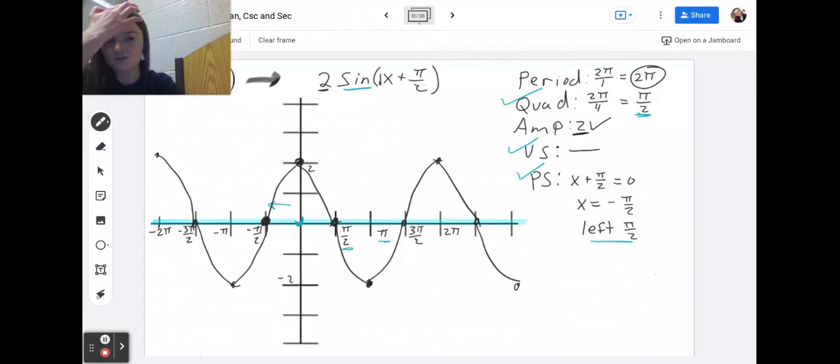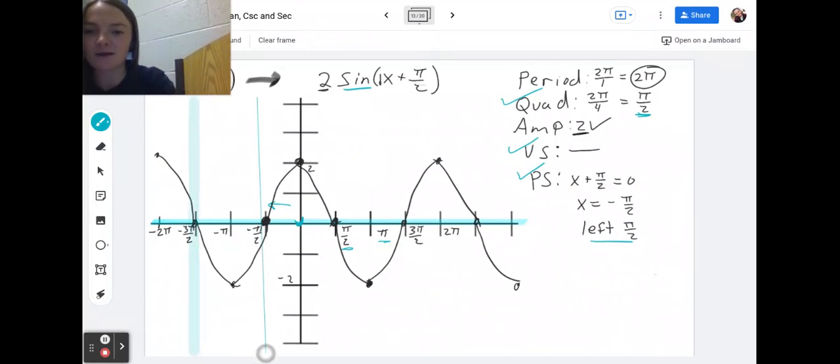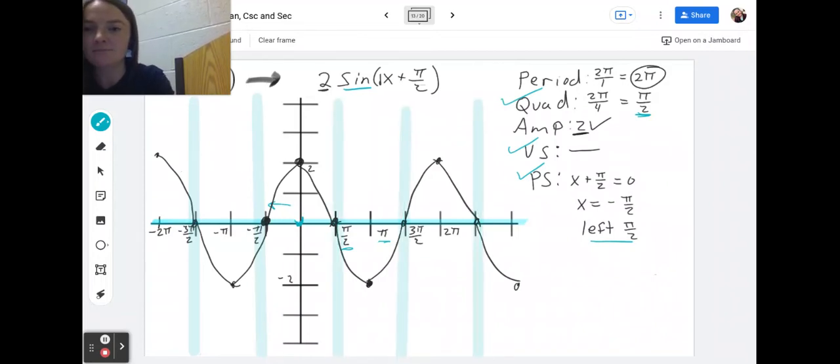Okay, so then all we need to do is add those 2 caveats and we should be good to go. We know that the cosecant graph is going to have asymptotes anytime sine crosses the midline, which is going to happen here, here, here, and here. We also know that cosecant is going to have points anytime sine has a max or min,